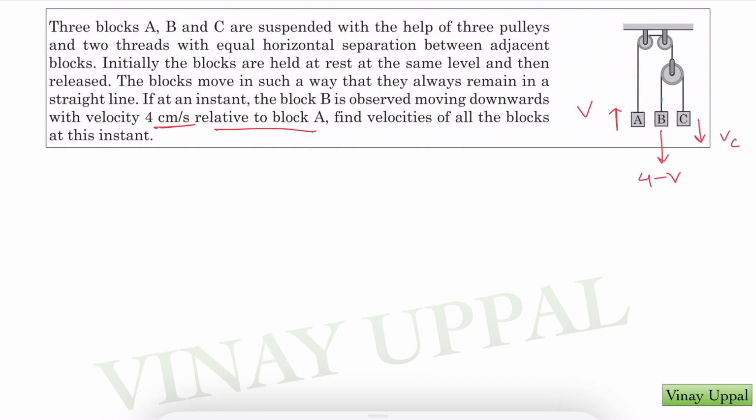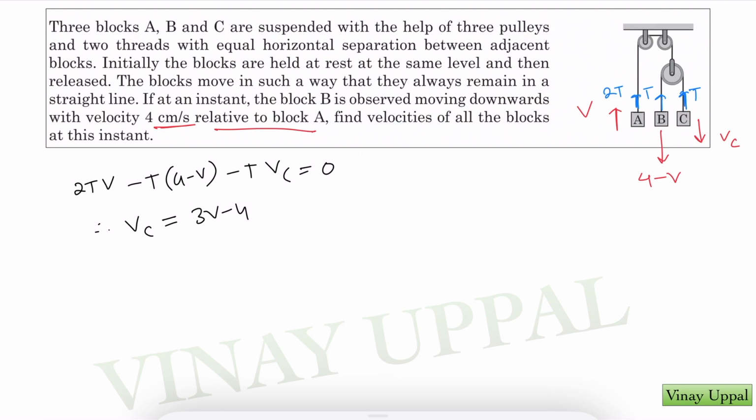So if I label the tension T, this will also be T, and therefore this will be 2T. I can write the virtual work method. On block A, the work done would be 2T into displacement. If I differentiate, displacement will be replaced by velocity, so I'm just going to write it directly. So 2T into velocity for block A, same direction, so there's a positive sign. For block B, T and 4 minus V are in opposite directions, so minus T times (4 minus V). And for block C, also in opposite direction, the total should be 0. So this is the virtual work method, and therefore Vc would be equal to